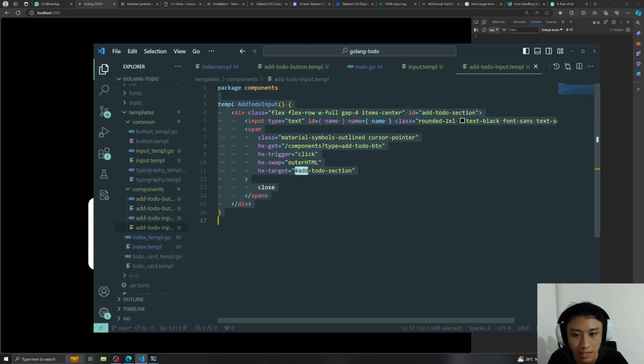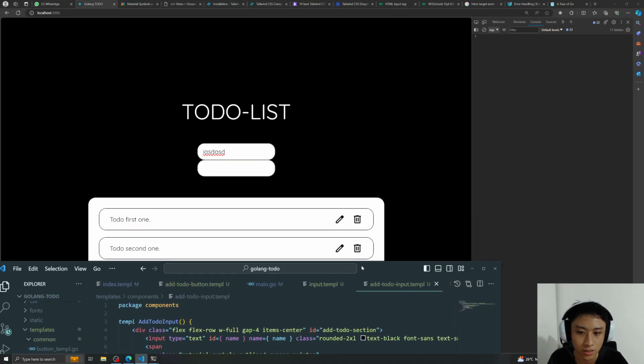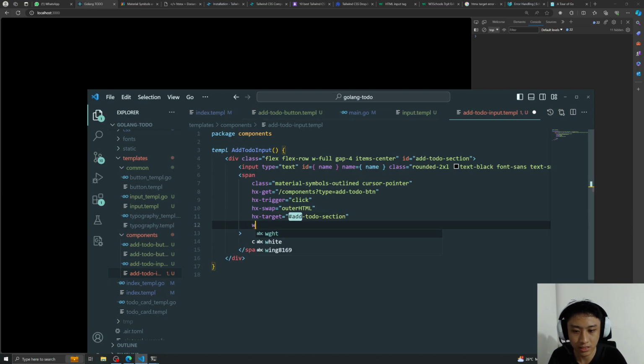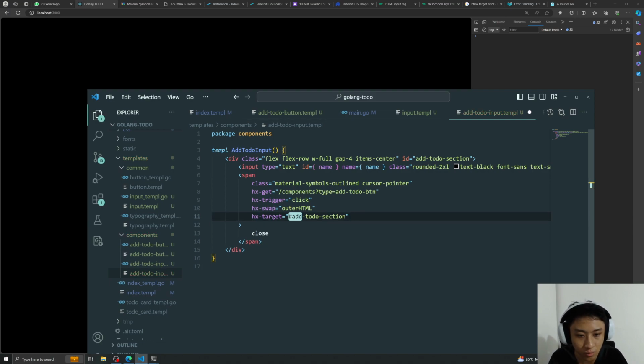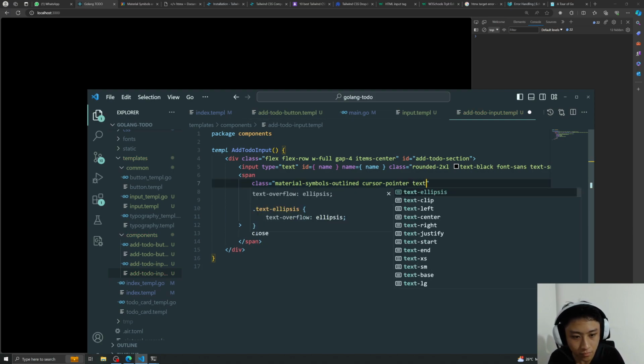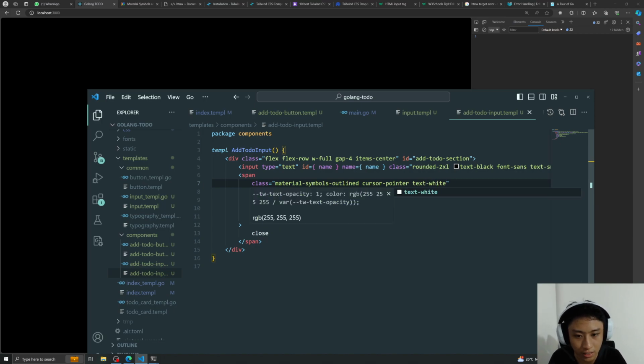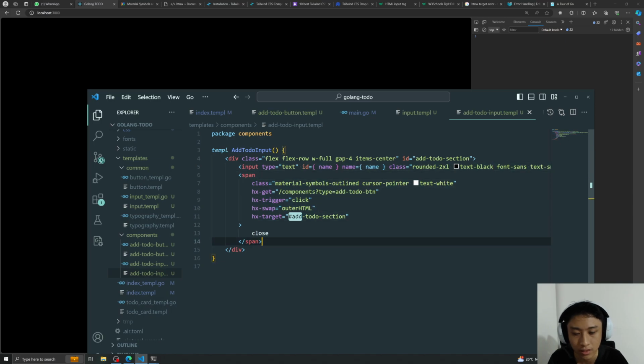Okay, UI side, later we will check if there needs any amendment. I think I need to at least make this color white, so text white, right? Okay, so we are done. Next thing is,